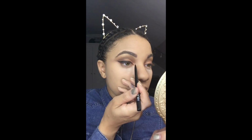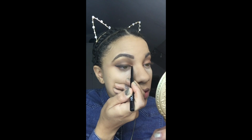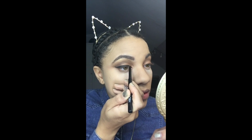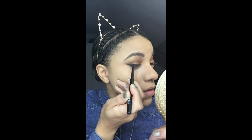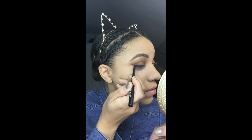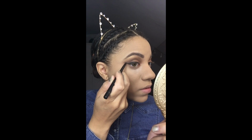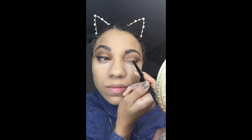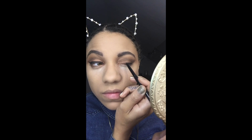And I'm keeping it winged out really long upwards, and then bringing it down lower. And I actually am going to pull it out towards my tear duct and just elongate that, because I really like that look. And why not, you know? Why not get glamorous? Moving on to the other